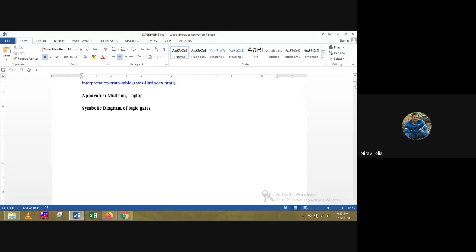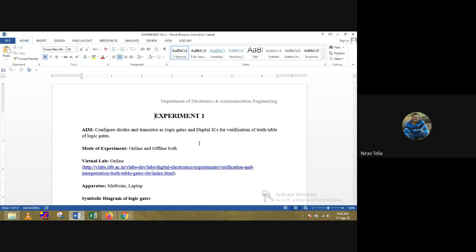Anyone having any doubt in this? Okay, I will give you a reminder on your WhatsApp. But how to make a Word file? Just make a Word file by yourself. It's not a big deal. Just write here experiment number 3. Then